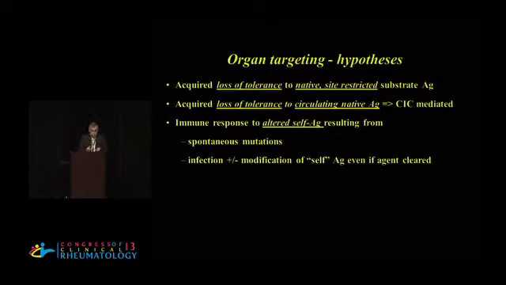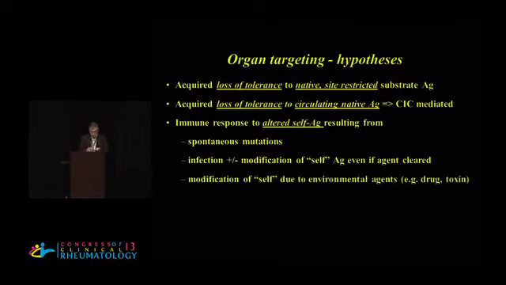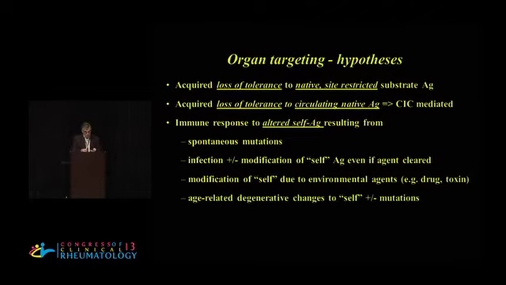Could there be a role of infection leading to modification of self-antigen? Even if that infectious agent is cleared, could there be a lasting modification of self, perhaps by affecting the genome? Could there be modification of self because of environmental factors other than infectious agents? And then you also heard in Connie's incredibly elegant talk all about age-related degenerative changes